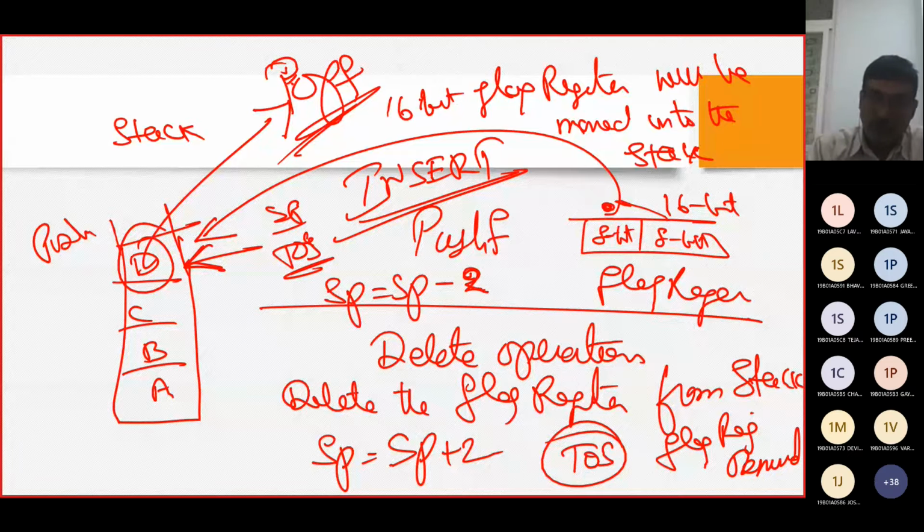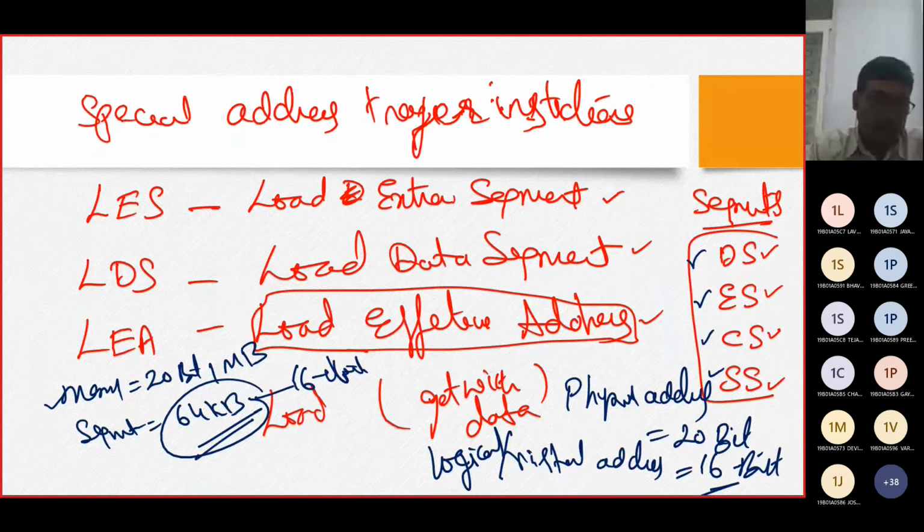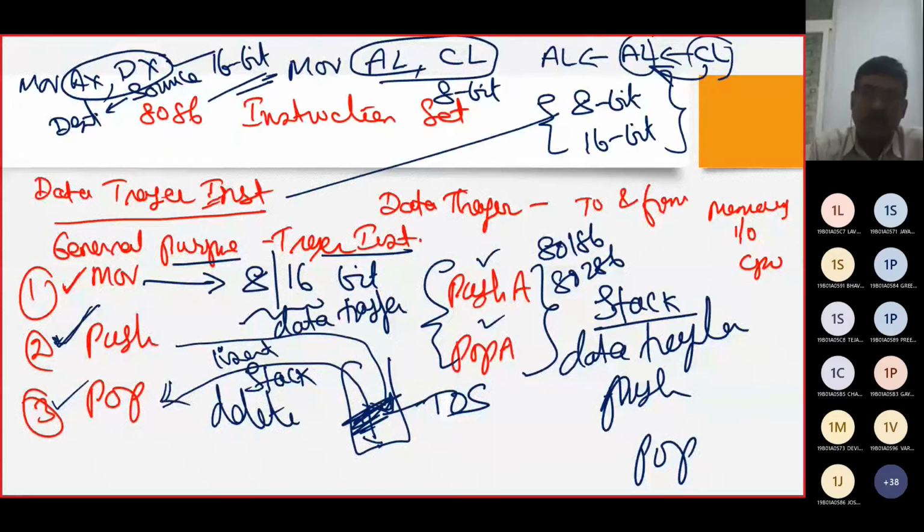Directly we are working with the flag register. Every instruction is important to execute all our microprocessor instructions. These will not be as easy, as luxurious as what you faced in C, Java, data structures, Python or R. This assembly language was invented before your parents were born, so definitely the instructions will be harder to understand and harder to execute. These instructions came in the second generation computers, in the 1950s and 1960s, and it is part of your curriculum. I have to tell you, you have to listen.